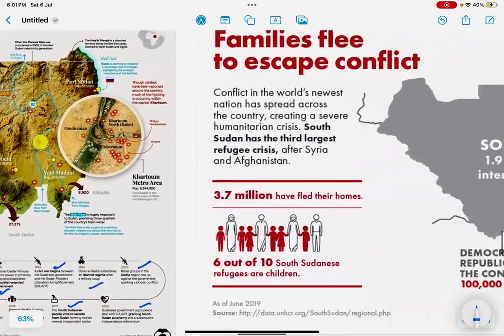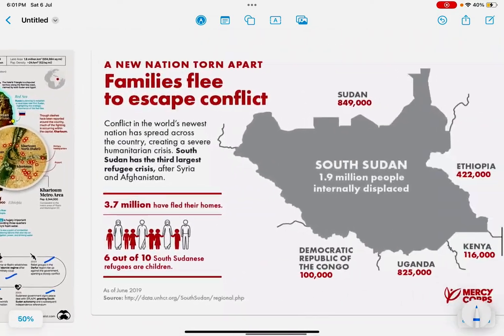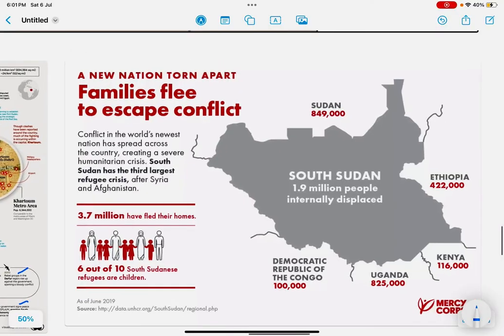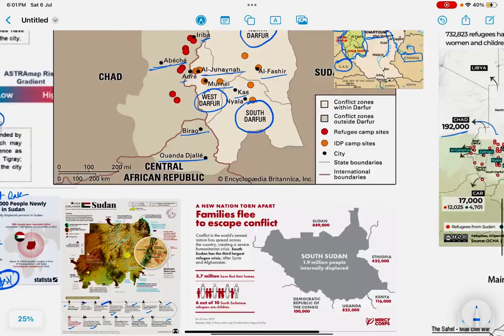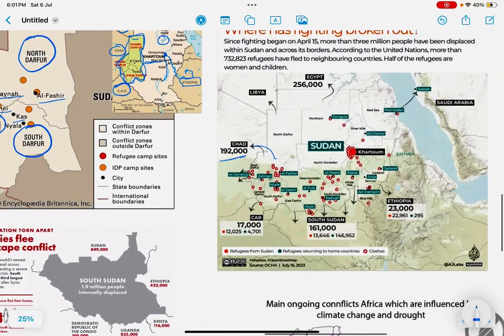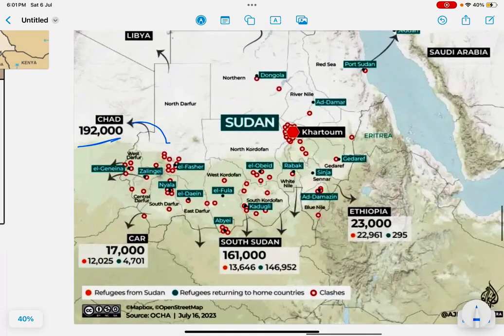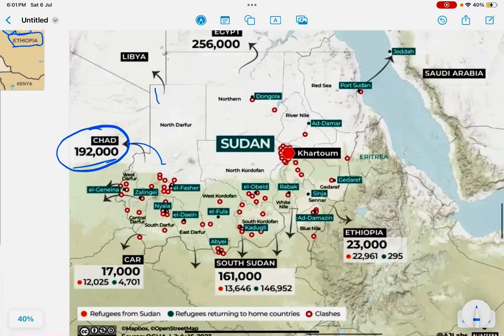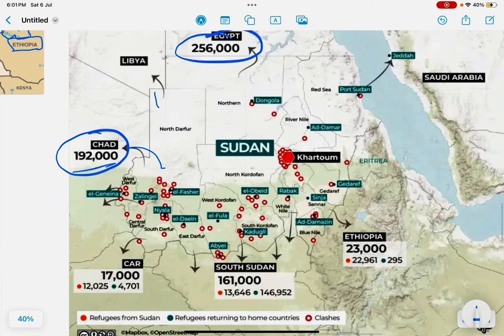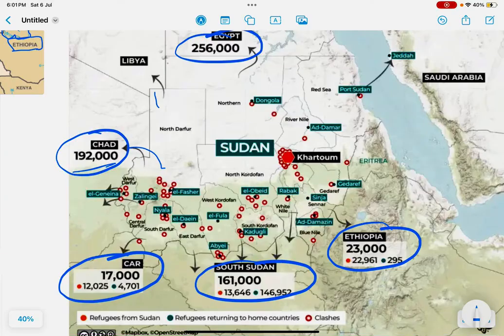So this is Sudan. South Sudan is also going through a severe crisis. Another map of Sudan to see. You can see that this is Khartoum and all these places. Over 1 lakh have fled to Chad. There are people who fled to Egypt, Ethiopia, South Sudan, and Central African Republic. And these are the places where the camps are. You can see